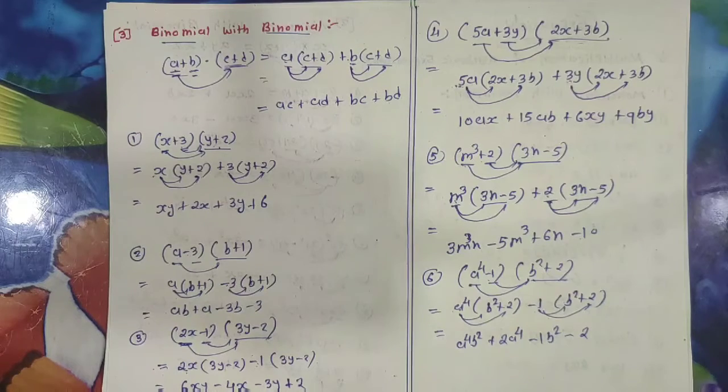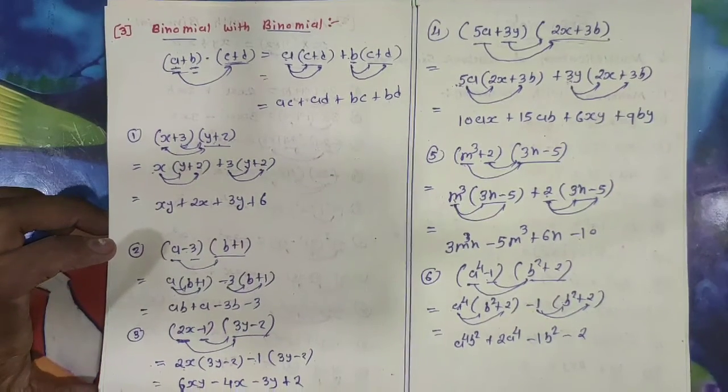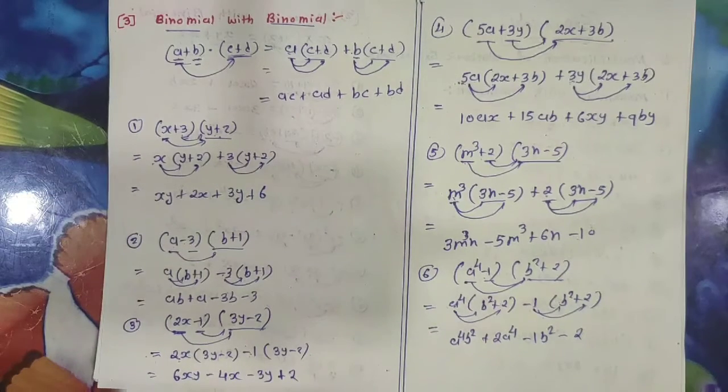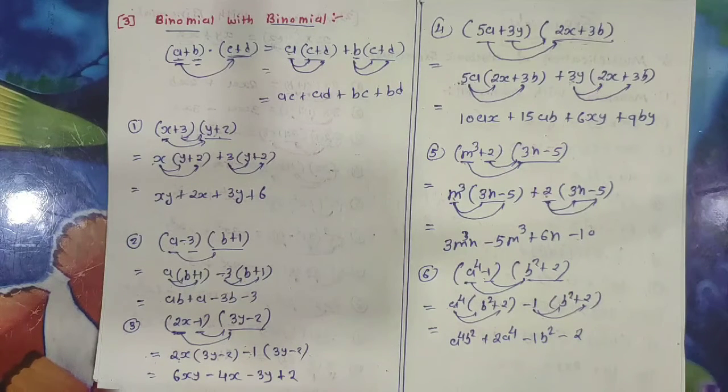So for better understanding, try more and more sums, do practice for this type of multiplication. This is the basic of expansion. Clear? So here we have studied total 3 types of expansion, that is monomial with monomial, monomial with binomial, and binomial with binomial multiplication. By considering this binomial with binomial multiplication, we will derive some identities which are the most important topic of your entire mathematics. Clear? So watch this video carefully, revise it and share with your friends, and do more practice in mathematics. So thank you.